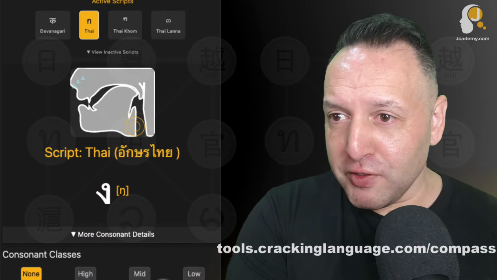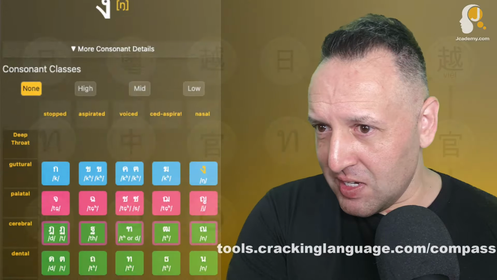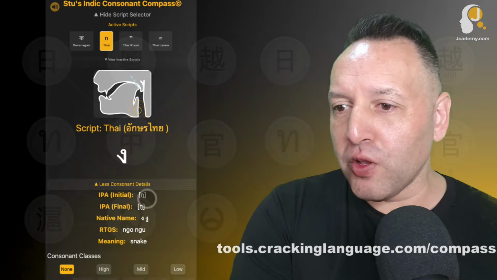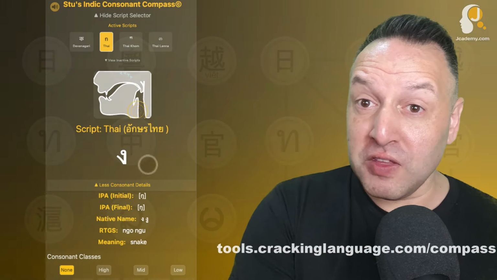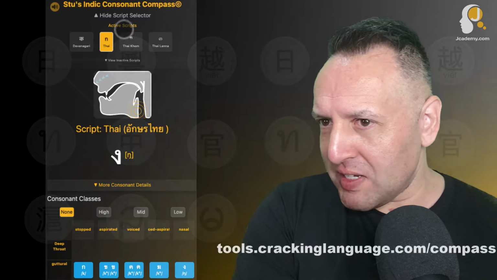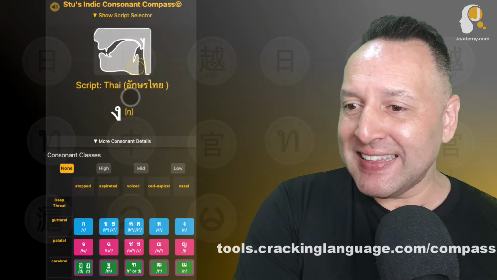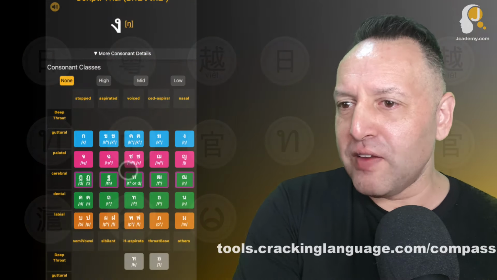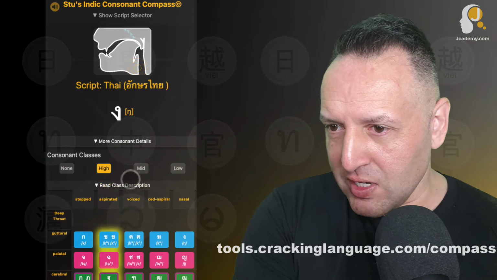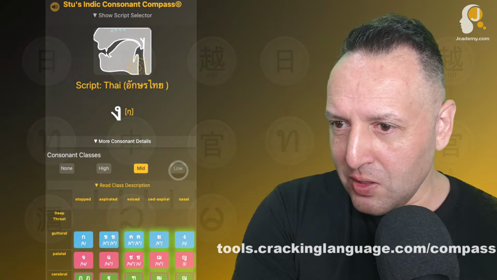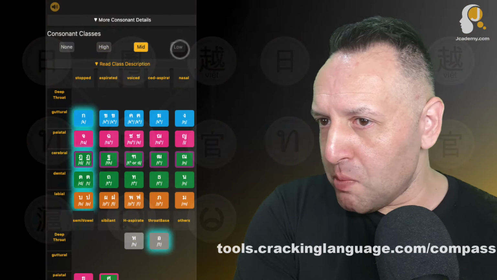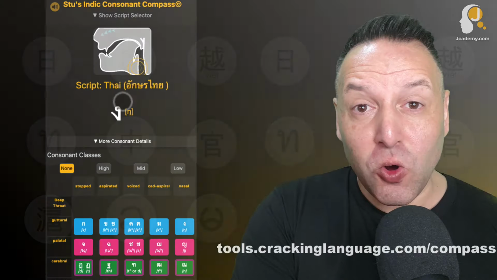This is the mobile version, and you can see here, and if I want to get more information, it pushes all of it down there, which is great when you're learning all of the information about each consonant. But as you're drilling yourself, you're going to want to have more space, and I actually put it here so you can hide this as well, so you can get more information on your mobile screen. So there are your classes. I'll just close this up. High, mid, low. You can see them light up there on your mobile. So this works on both mobile and desktop, and it's all here at